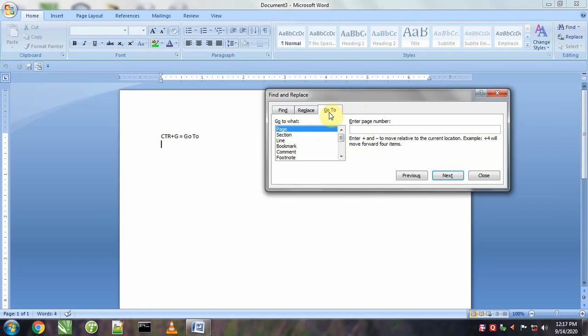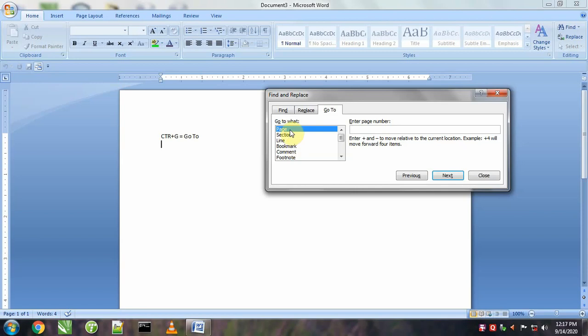As its name indicates, with the help of this command, by using various options, we can move through or scroll through our document. If we have a very lengthy document and we want to search for something in it, we can use different options.